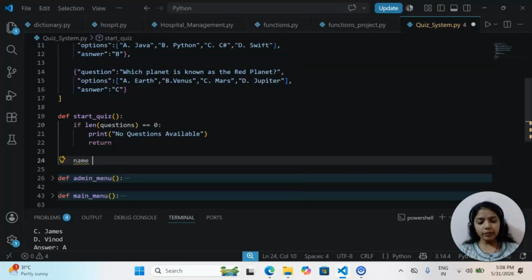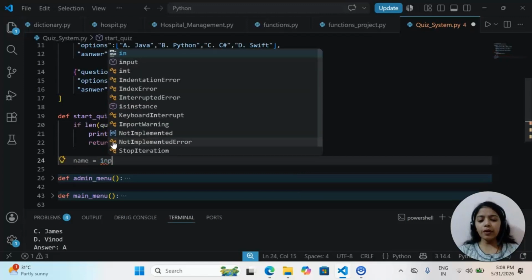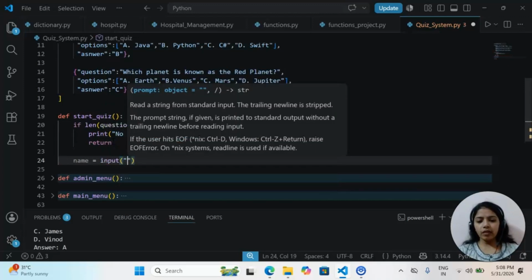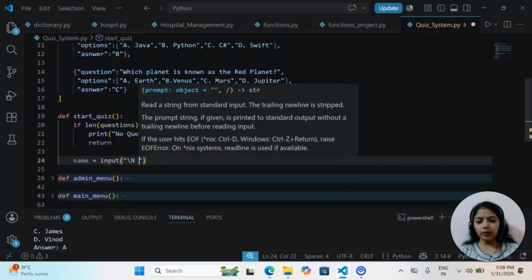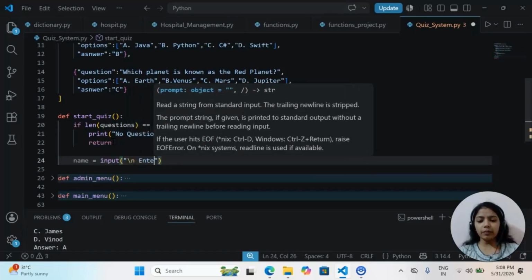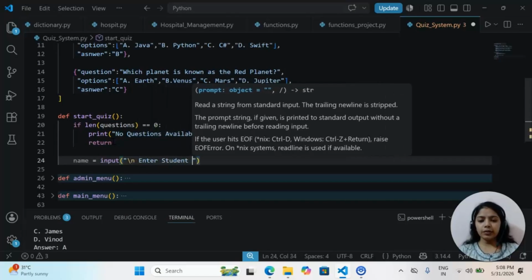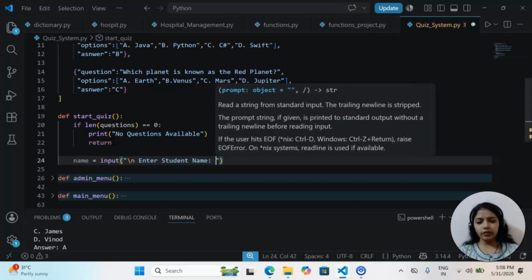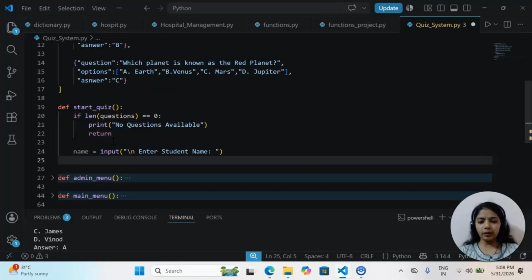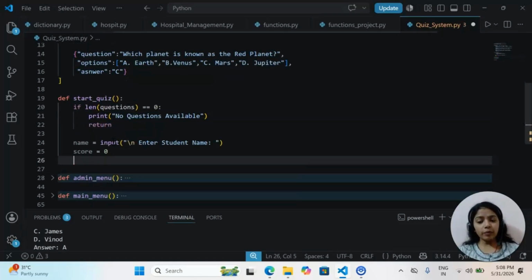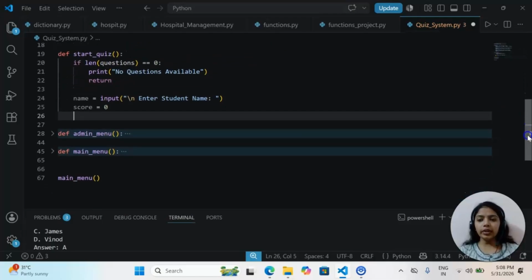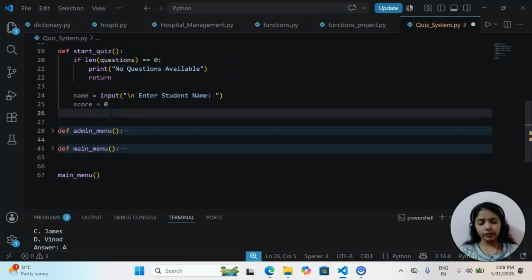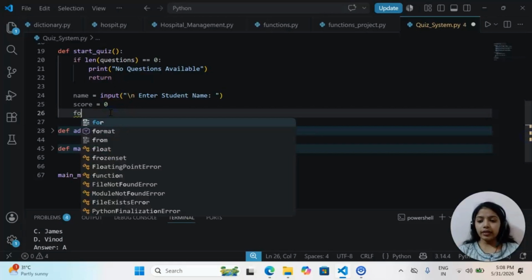Otherwise what will happen? Who is giving the quiz? Who is attending the quiz? That we want to take from the user, that person's name. So enter student name, means who will attend that quiz now. At the initial level, score will be 0, because till now the student didn't attend any quiz. Score is 0. Then